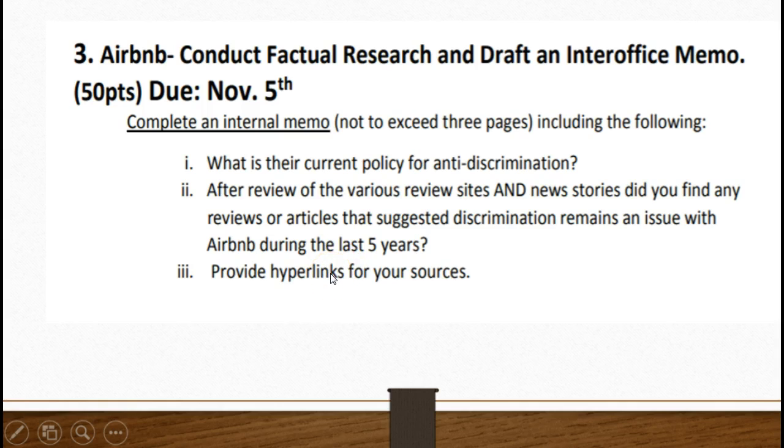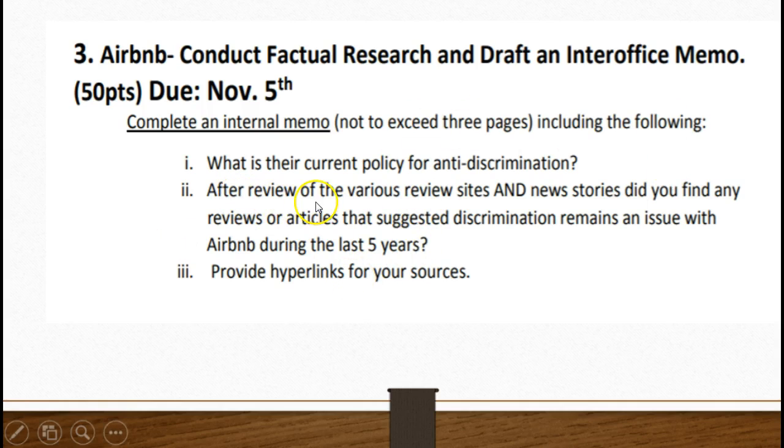So no need to rewrite everything that we can readily access. Remember, in the law office, we don't want to spend more time on tasks than we have to. So if you found that they have 3 pages of anti-discrimination policy information, of course you don't want to rewrite that, but maybe give some highlights and then provide a hyperlink to that information.